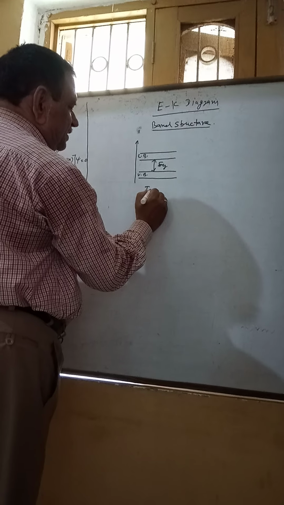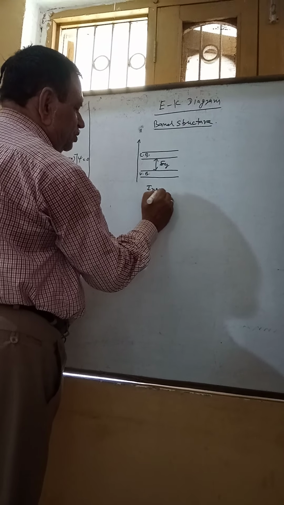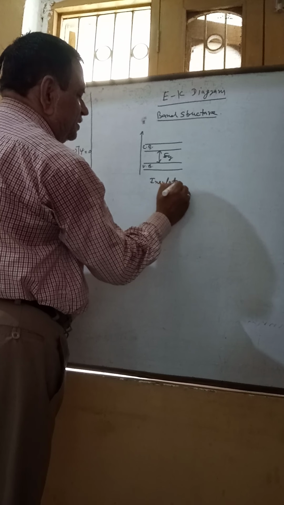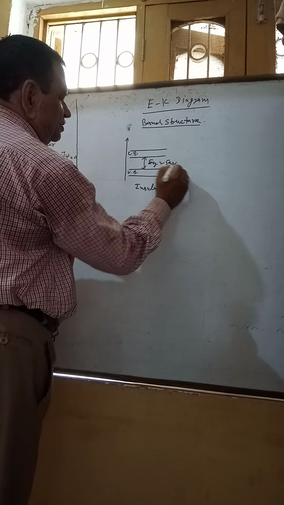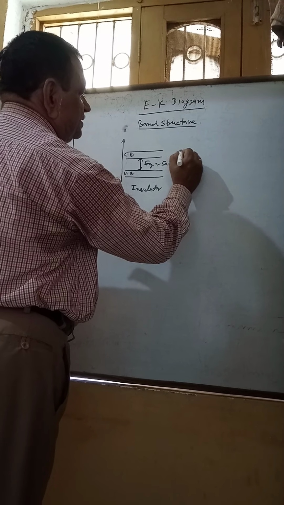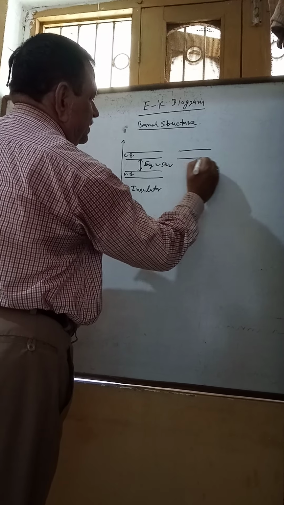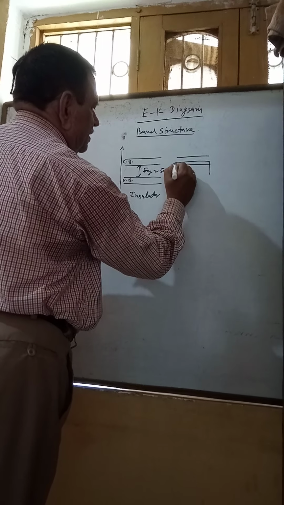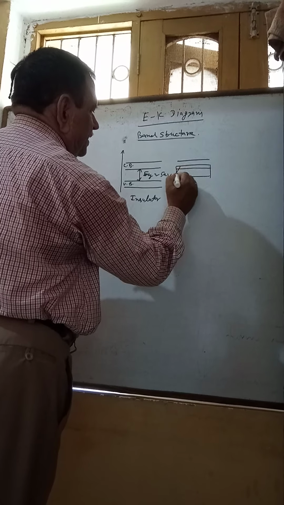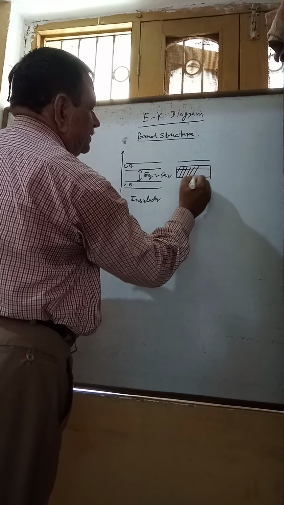For an insulator, there is a large difference, about 5 electron volt, and there is an overlapping between the valence band and conduction band in a conductor,